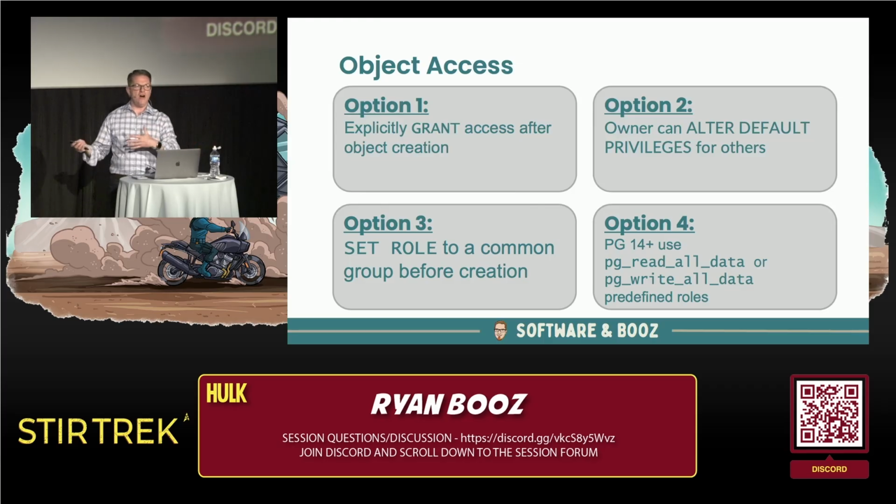And so all of these things really come down to managing your roles effectively and then access to the objects you need to. And so there are a couple ways to do that. You can explicitly grant access, right? So we talked about that before. You can have lots and lots of grant statements for every role, for every permission, for every object, and it will work. And if you can manage it, go for it. Option 2 is to say alter default privileges, which I tend to lean towards if I'm actually managing a larger project and I want things to be consistent and I manage exactly how these things get created over time.